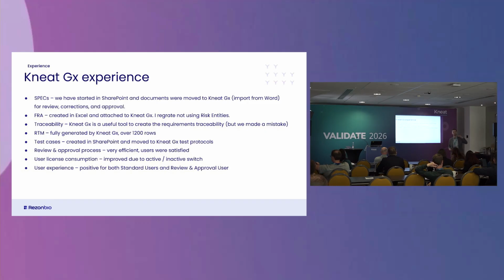Because when you have requirements, functional, design, and configuration in one document, the traceability works when it's in draft. But once you approve it, the traceability is gone. This is not a mistake of Kneat Gx. This is our mistake. Kneat Gx is working very well. So we had to change it, to split it: functional as a separate document, and then design and configuration in a separate document. And now it works perfectly. That was not a big effort, thanks to Kneat functionality. It was less than a week to do it.